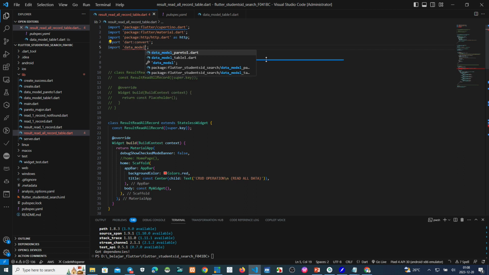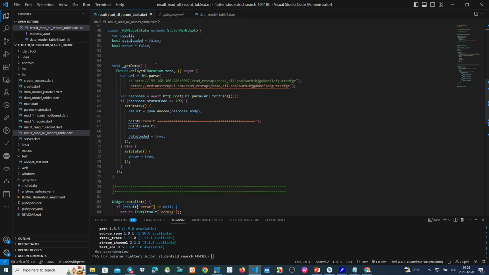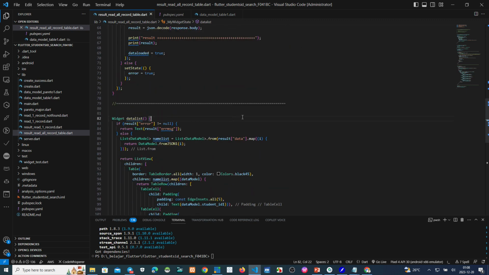Get data here. I think it's better to copy this one to make a marker here, to the data list.